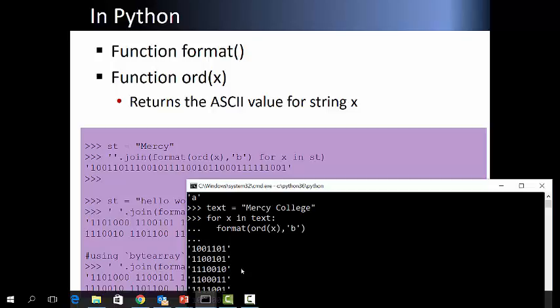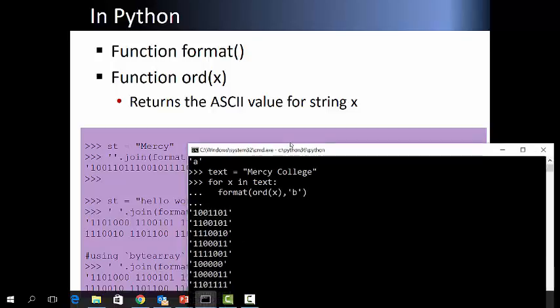Can we have one binary string? So that is the code. You need to join whatever you have with the initially empty string. So how can you make it?